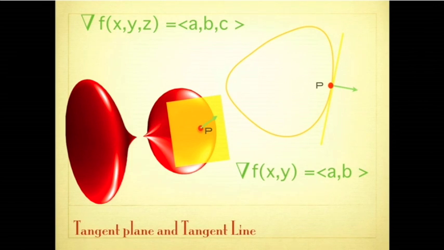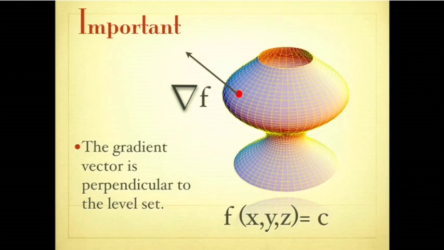So really, the shortest way to do that is to compute the gradient, and then you can write down immediately the tangent line and tangent plane. This is in 3 dimensions: ax plus by plus cz equal to d, where d is obtained by plugging in the point. Here it's just in 2 dimensions: ax plus by is equal to d, where you plug in the point p to get d. So that's the tangent line and tangent plane situation.